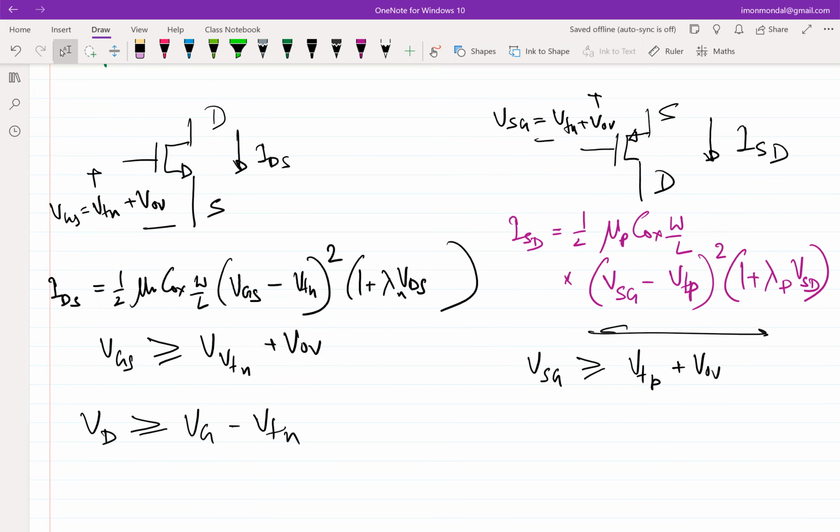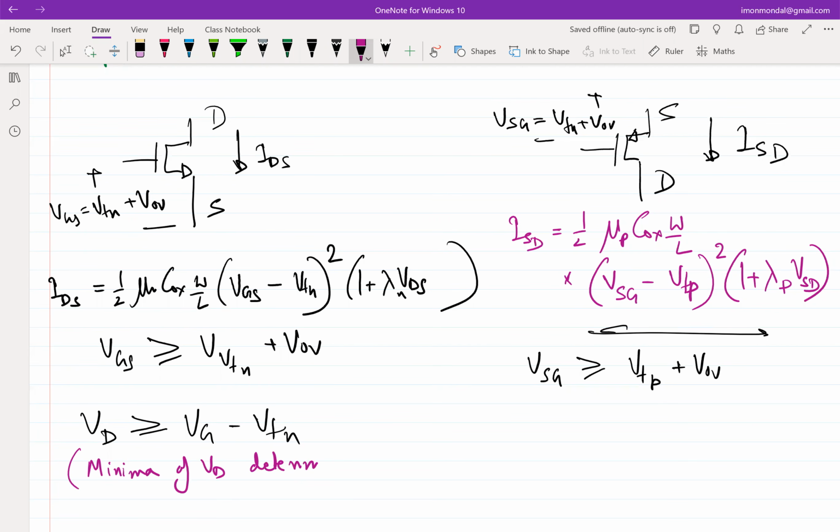You can lower the drain voltage to a certain extent, correct? In case of a PMOS, will it be lowering of drain or increase of drain? So increase of drain. So there will be a maxima for the drain, right? In case of NMOS, there is a minima of VD